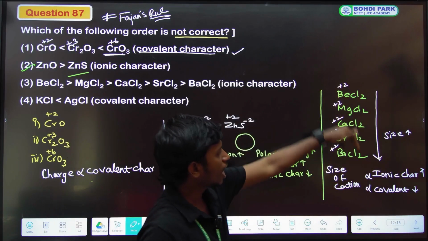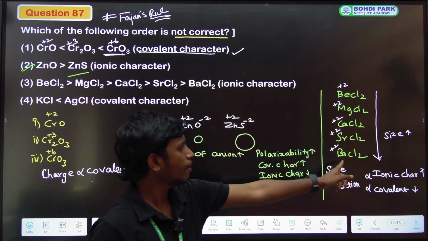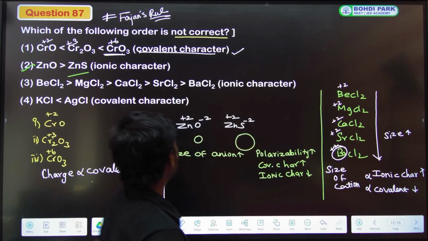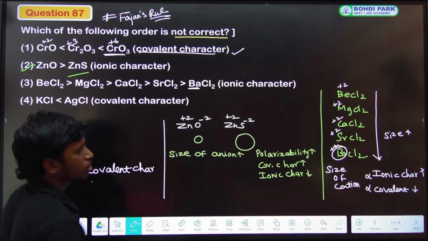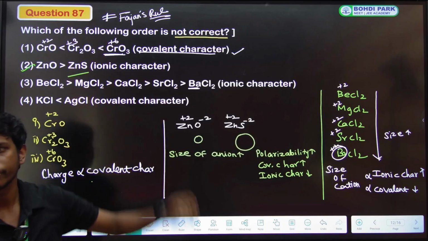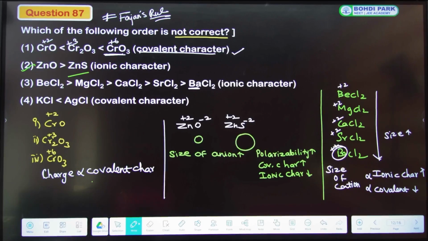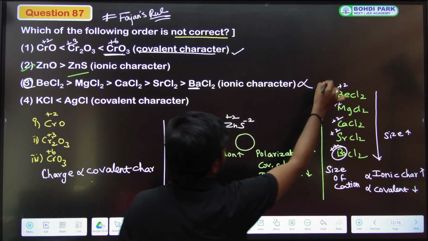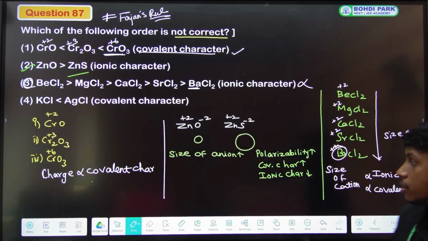பட் இங்க பாருங்க, யாருக்கு ஹையஸ்ட் சைஸ் இருக்கு? பேரியத்துக்கு தான் ஹையஸ்ட் சைஸ் இருக்கு. அப்ப அயானிக் கேரக்டர் யாருக்கு அதிகமா இருக்கணும்? பேரியத்துக்கு தான் அதிகமா இருக்கணும். பட் இங்க என்ன கொடுத்திருக்காங்க? பேரியம்ஸ் ஹேவிங் a lowest கொடுத்திருக்காங்க, which means the statement is wrong. The third statement is wrong in nature. Next one is